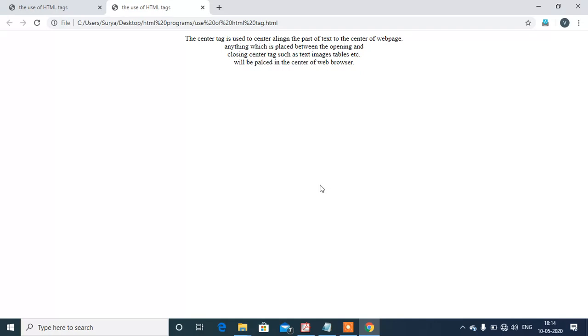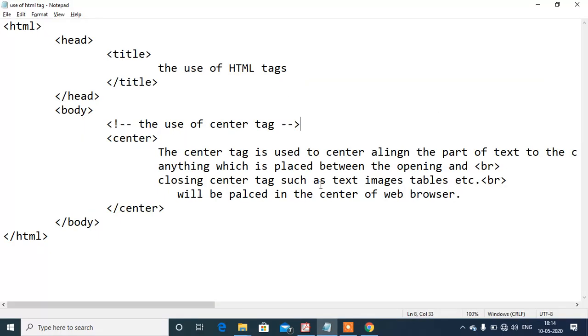When we execute it, there is no effect on the window or on the program. See, you cannot see the use or the effect of a comment tag. A comment tag is just given in the program code for the reader's simplicity. That means whenever you are designing a program in HTML and you use comments, whenever you come and open the program again, you will get to know that okay, this is the intended work of our program.